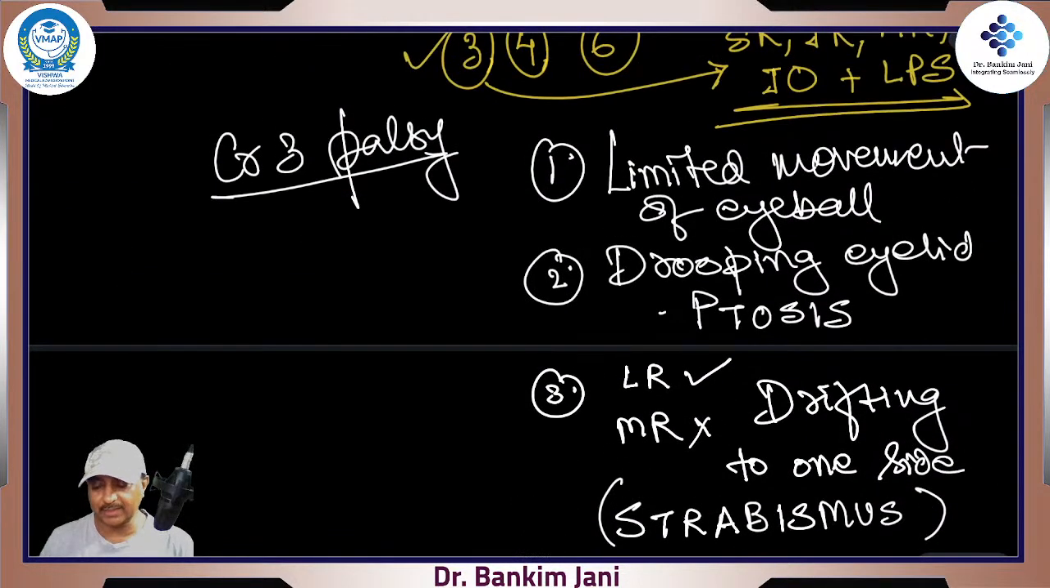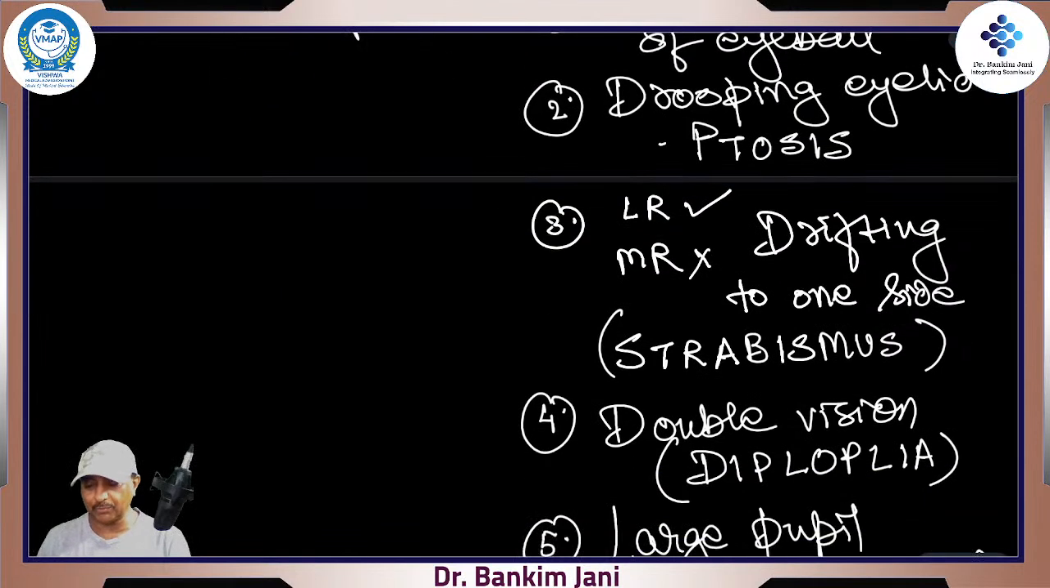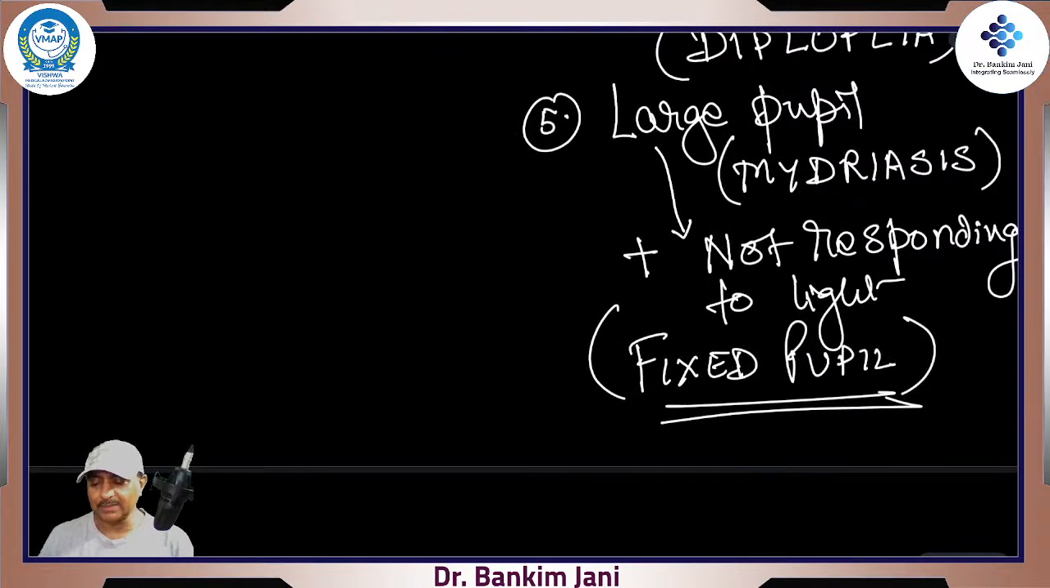Now you can definitely ask a question. Up to points 1, 2, 3, 4, it makes sense when the muscles are involved. When the levator palpebrae superioris is involved, yes, there would be drooping of the eyelid. This is because of the LPS, and the rest is all because of the muscles. But why this large pupil, and why is it not responding to light? Fixed pupil. The reason behind it is